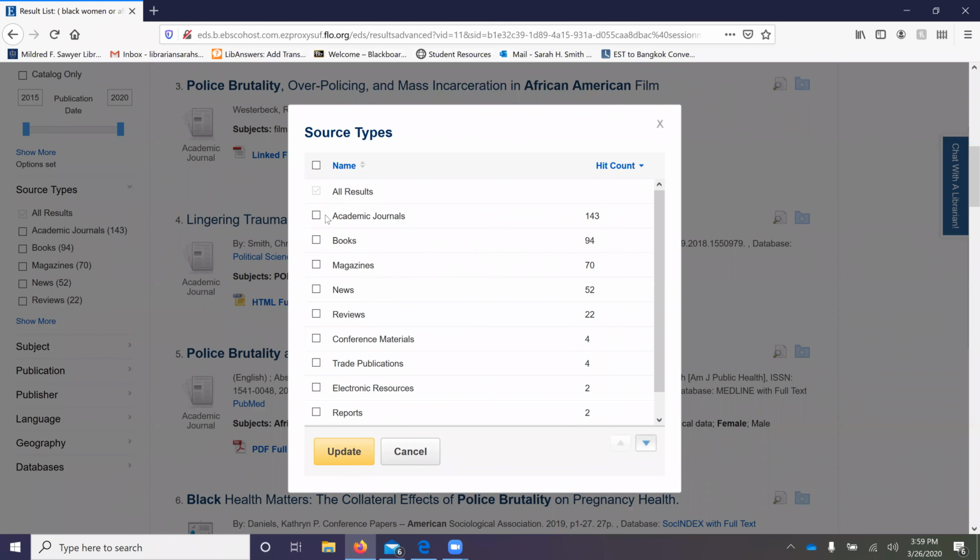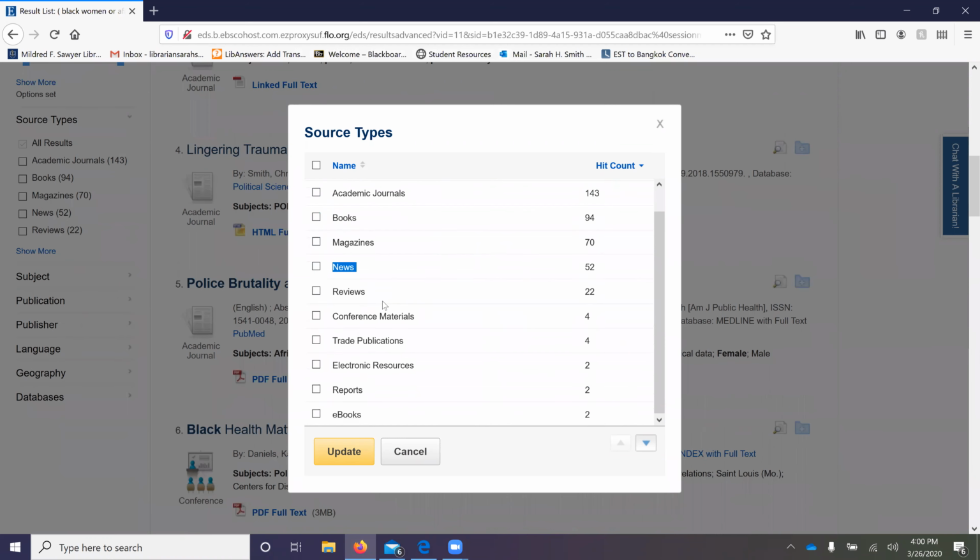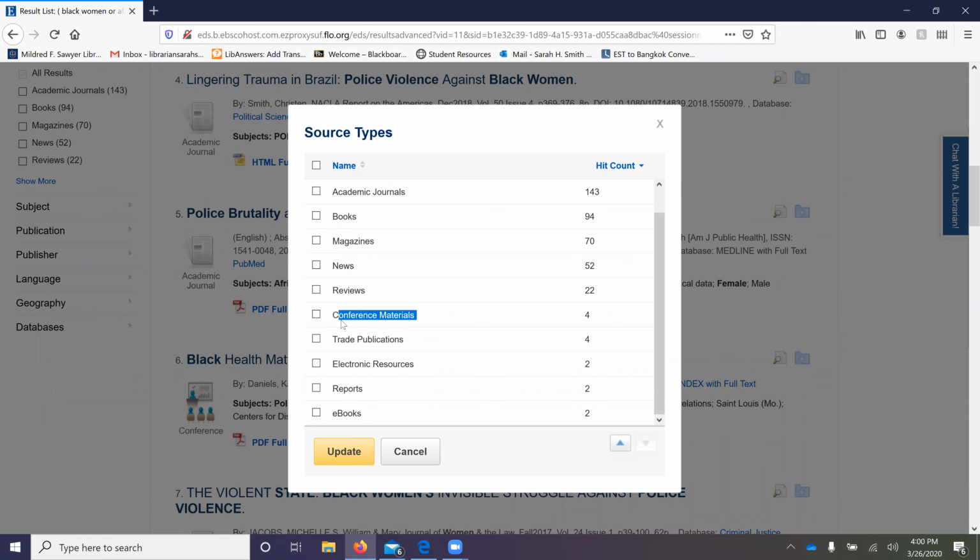So academic journals, these are going to be your peer-reviewed journals. Books, you should know what those are. Magazines, newspapers, so when they say news, that's what they usually mean, newspapers. Conference materials,